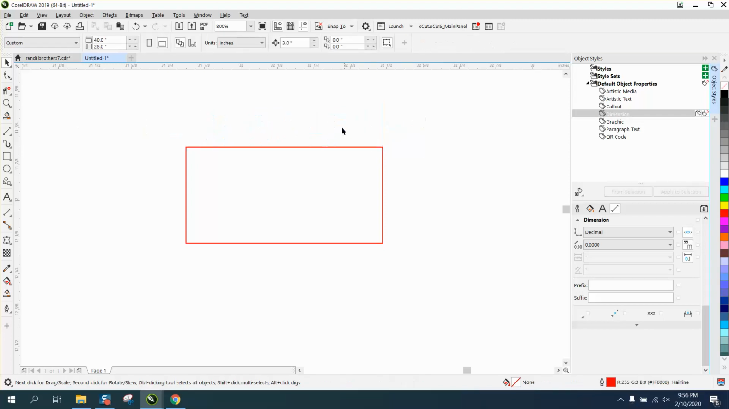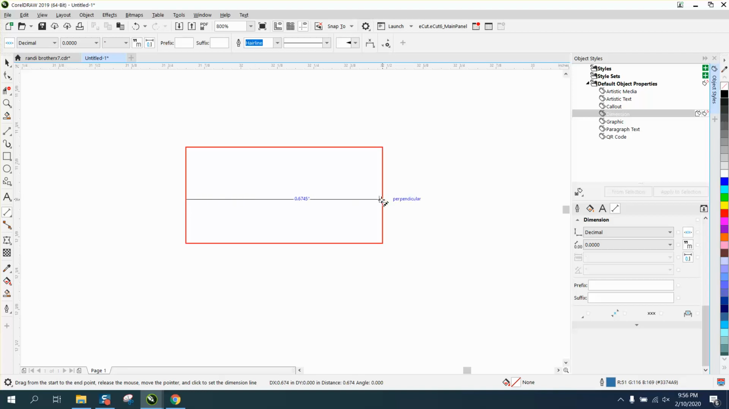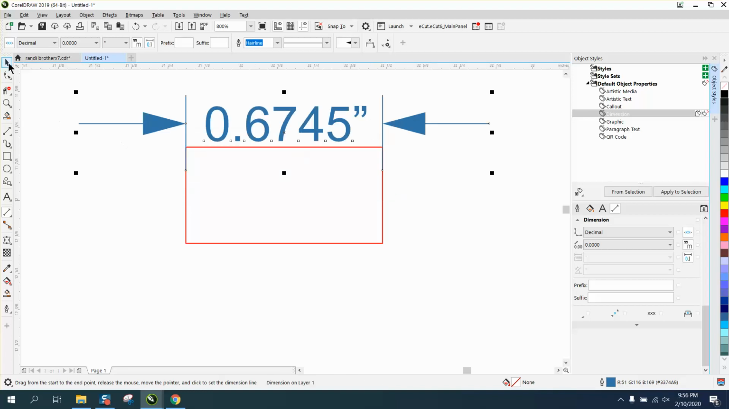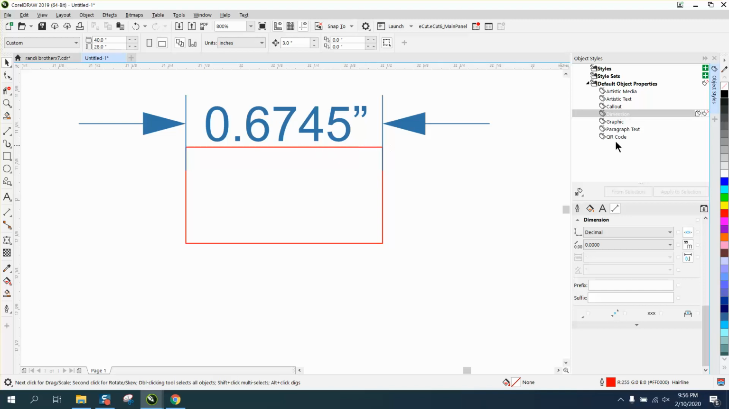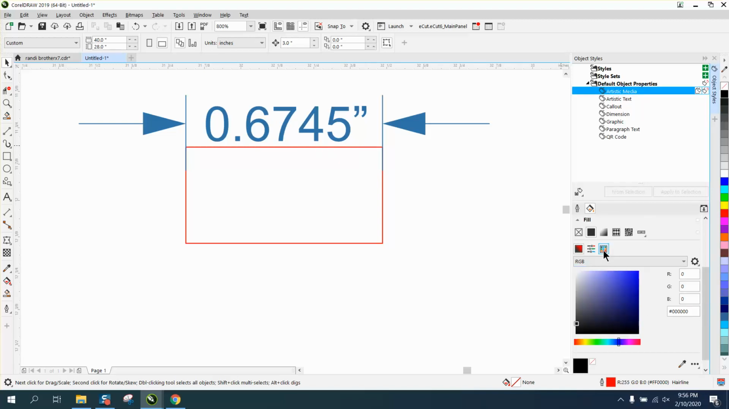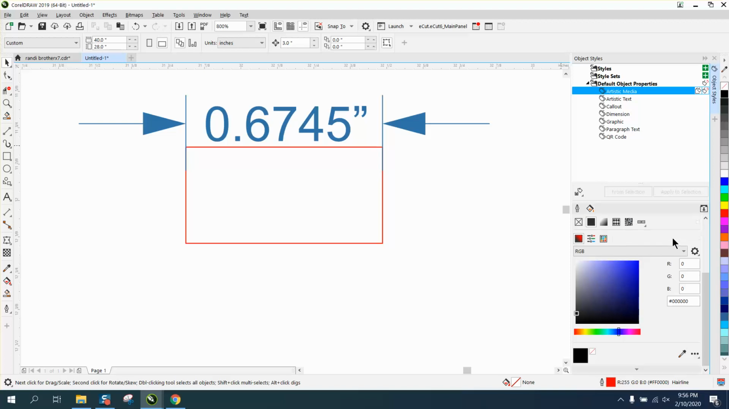So let's just give it a test. We'll measure this with the parallel dimension tool, holding down the control button so we get a perpendicular line. And now you can see I got 0.6745 every time. And you could do this with everything, your artistic media, change the color, change the fill,